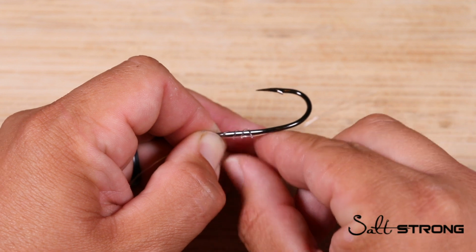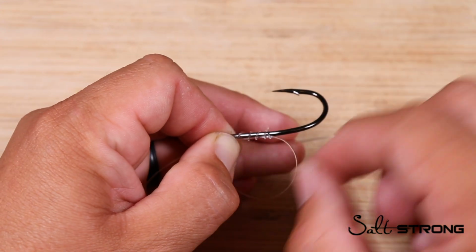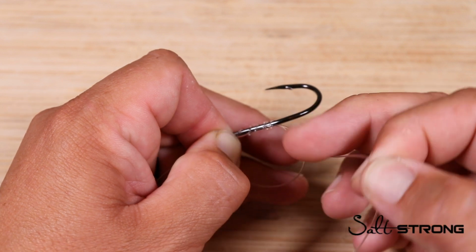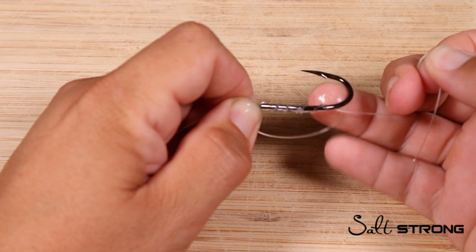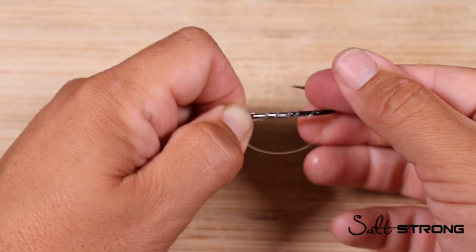The number of wraps is going to be based off of the thickness of your leader and the size of hook that you're using ultimately. So if it's a big leader, 4 wraps is probably fine. If it's a 20 or 30 pound leader, 7 or 8 wraps would probably work well. Okay, after I create all of the wraps here around the base of the hook, I'm just going to wet this knot real fast. And then I'm going to wrap that extra amount of tag line around my finger